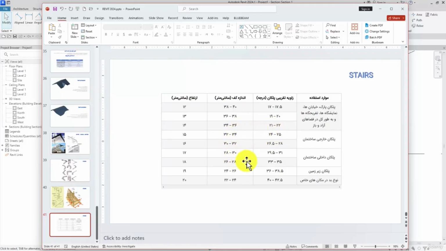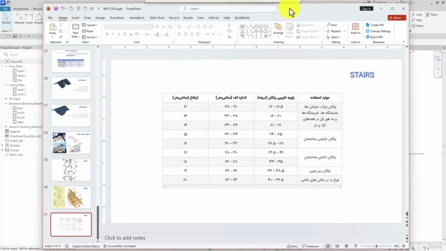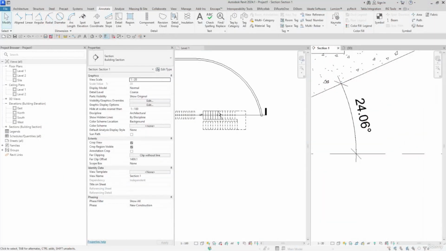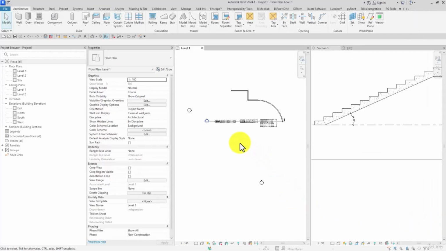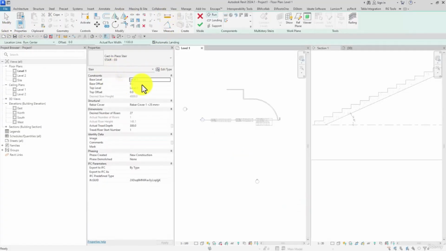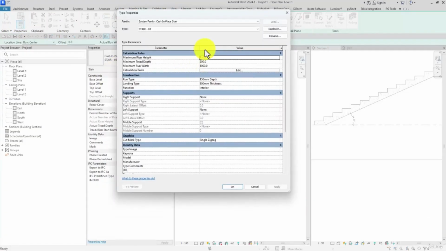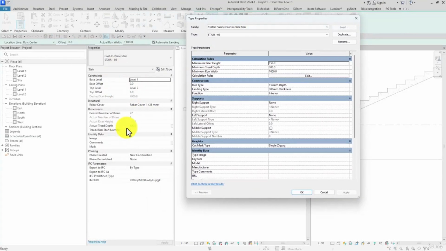So your calculations are correct, and we can use these standards and rules, and these are very important and they must be considered. And after understanding the importance of these settings, that we have to adjust them before modeling,